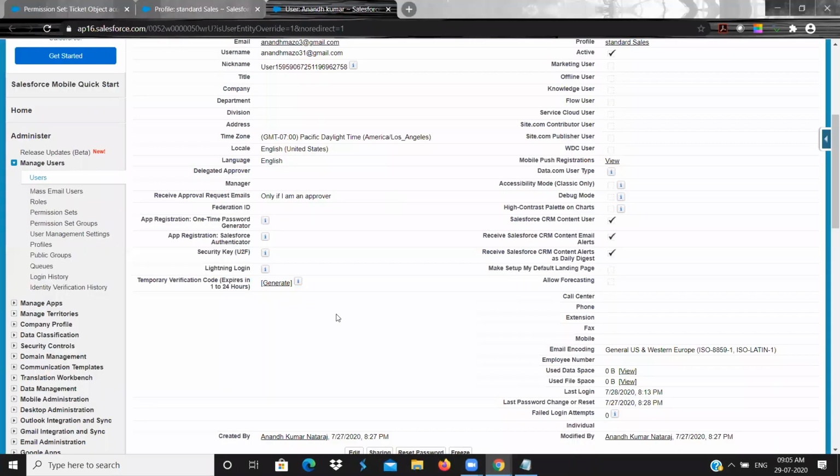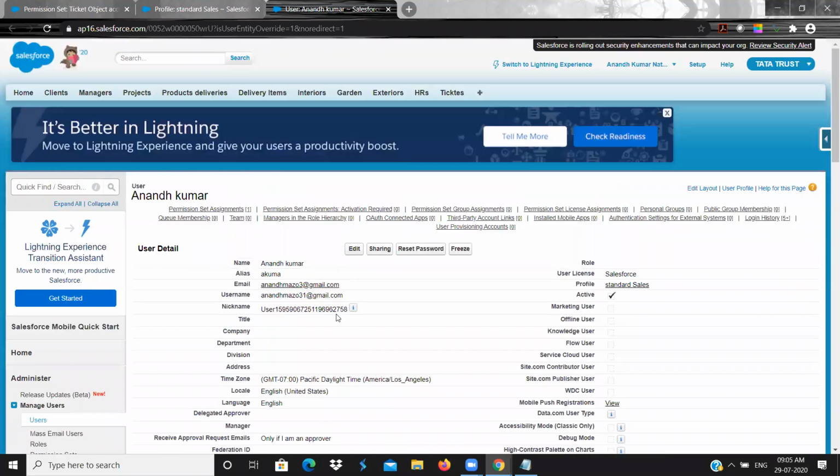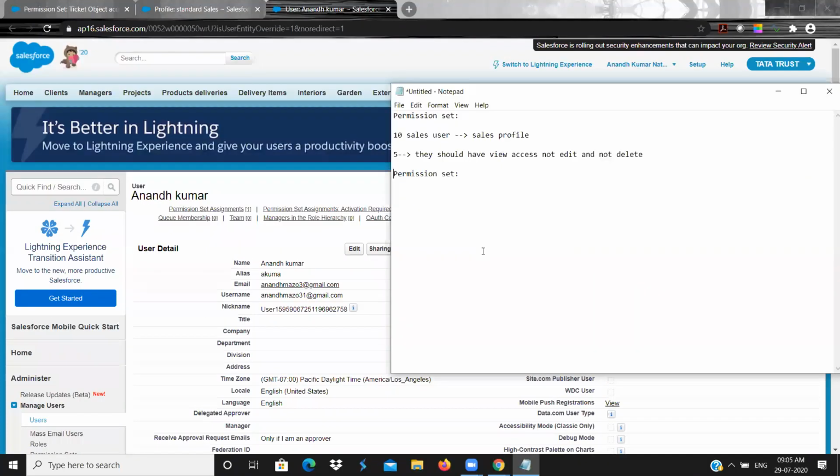Tomorrow we will see a very important topic, that is roles. If I start now, it is a very big topic and very important. You will get more interview questions, and you will get more tricky questions in the certification also, from roles only. Role is very, very important. So tomorrow, everyone please attend the class. We'll see tomorrow.